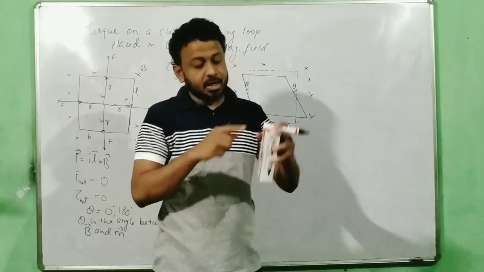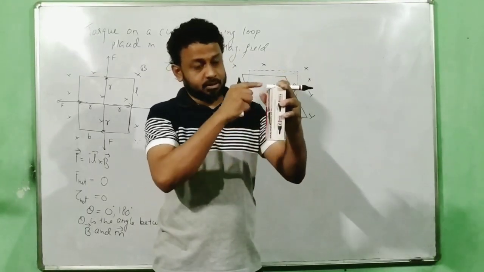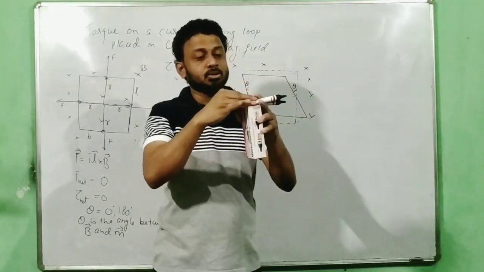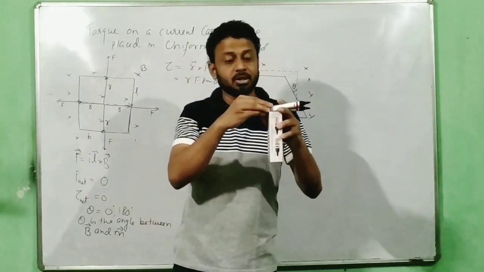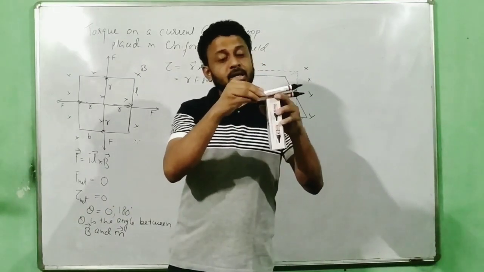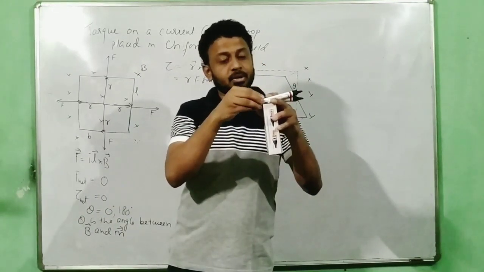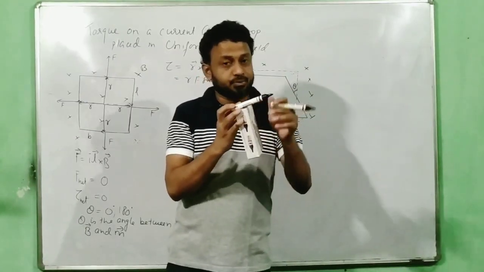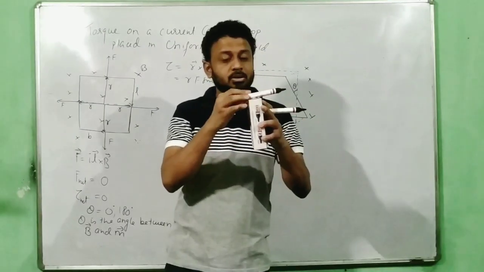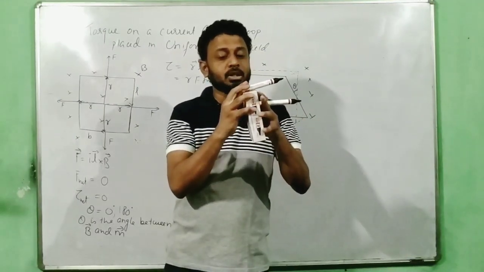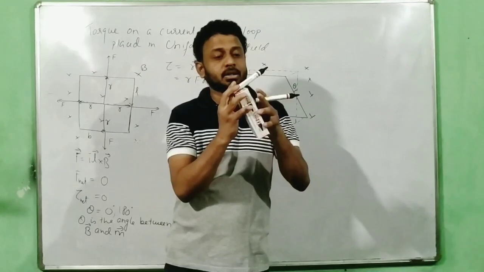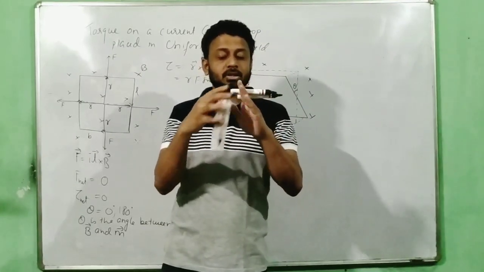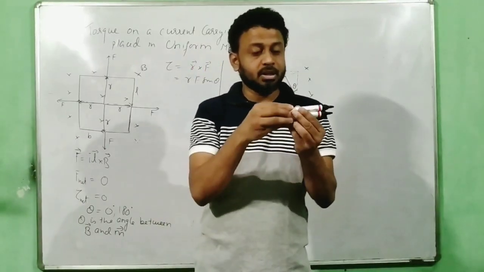And if I consider the current flowing in the loop is like this, it will have a magnetic moment also in this direction. So earlier, as I said, theta will be equal to 0 degrees. Now, as I slightly rotate this, my field is still in the same direction, so the field is not going to change, but the magnetic moment will change. So if I slightly rotate it, from 0 degrees, this is my 0 degree, correct?